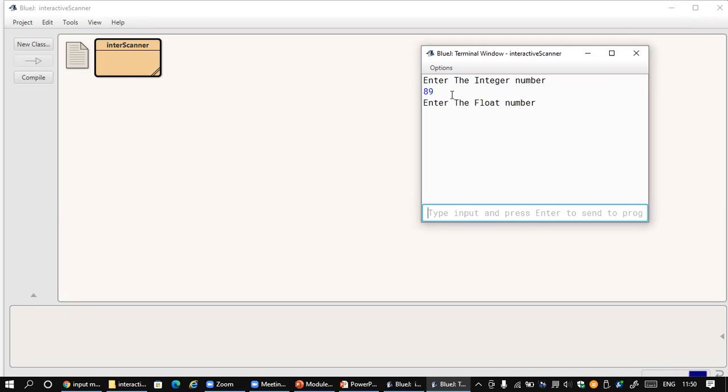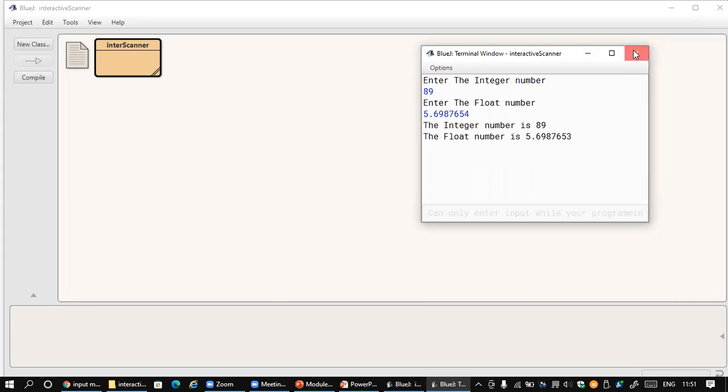So 89 is taken, and it's asking for the float number. I'll give something like 5.67894. When I enter the value, it is read in the system. The compiler interpreted the given number as a valid integer number 89, and the float number is